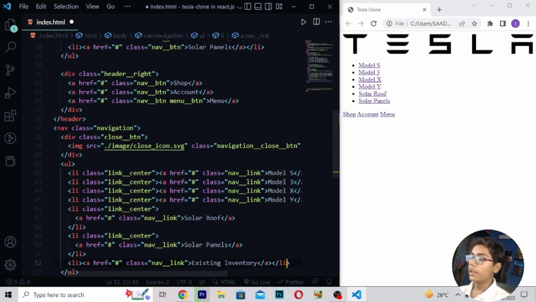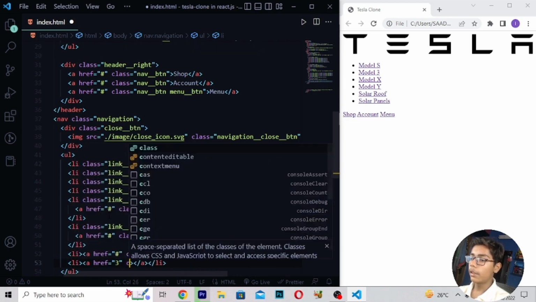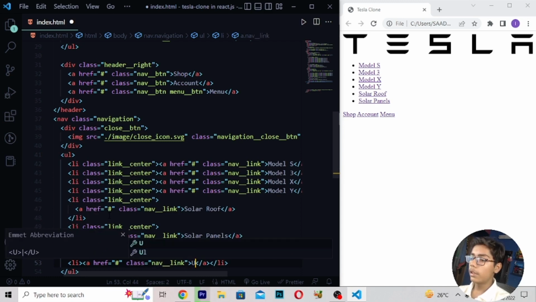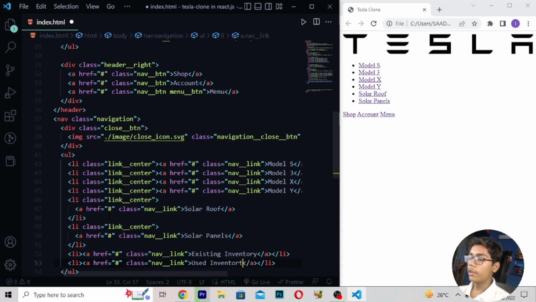Then I will be just moving down, right here li a tag, then when you've written this, here I will be writing class which should be nav link, then I will be just writing here Used Inventory like this. Then when you've written this, I will be saving this, reload.